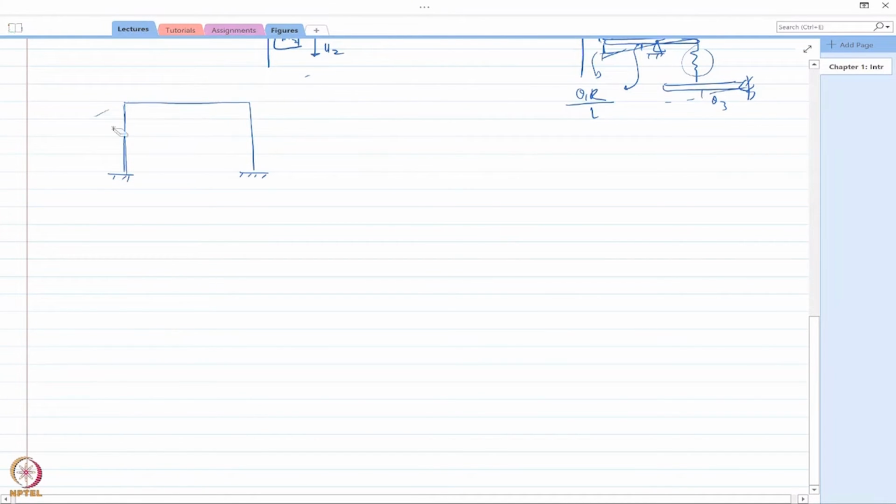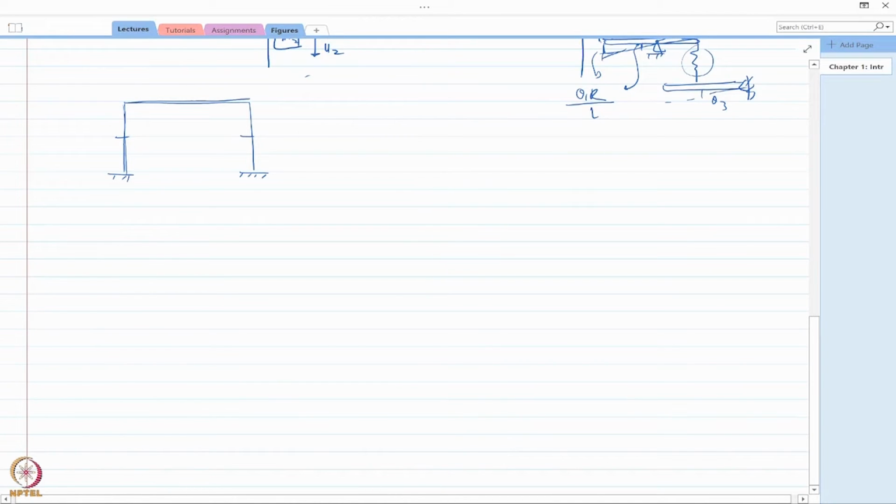Okay. So now, as you can imagine, this would have certain mass, even the column would have certain mass. But can you imagine if you consider a single story building, or for that matter, multiple story buildings, where are most of the masses situated in a building? Can I say it would be at the floor level? Of course, you can say that there are also masses concentrated at the wall, but what do we say? That half of the mass above and below the floor, I can just lump at that floor